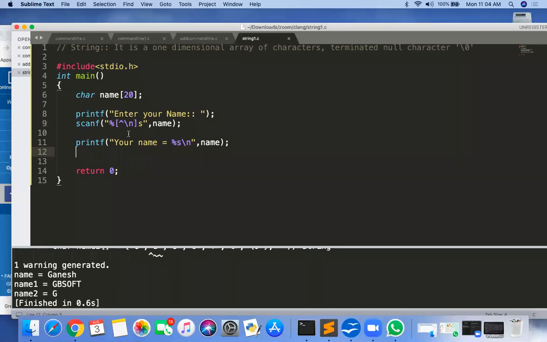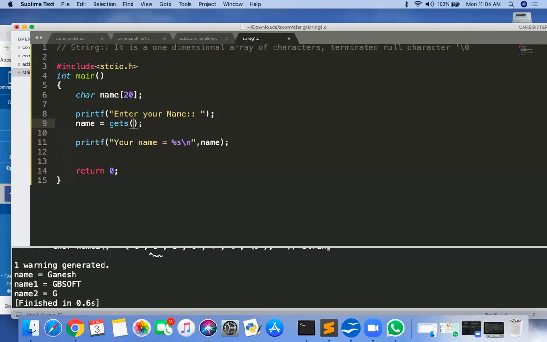Now, actually I don't know whether this works in your Linux or not, but it works in Turbo C: gets. So gets is also one of the functions that is generally used to get the string from the console, and the usage is very simple.